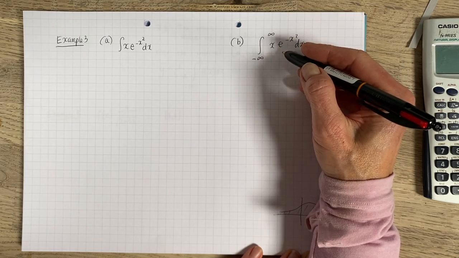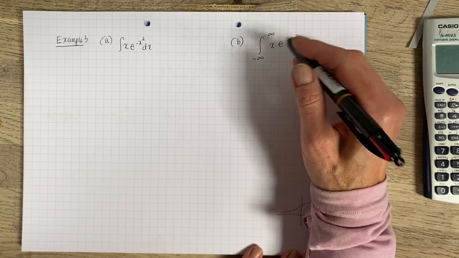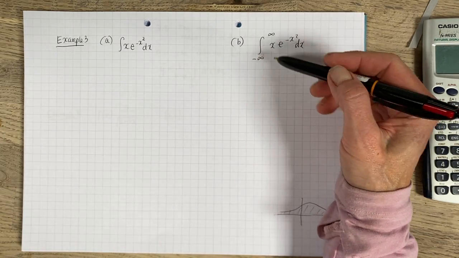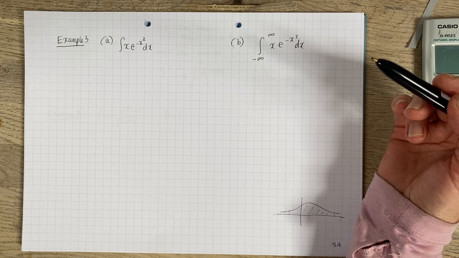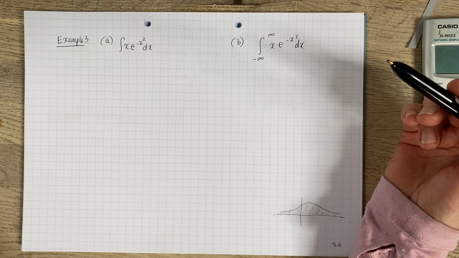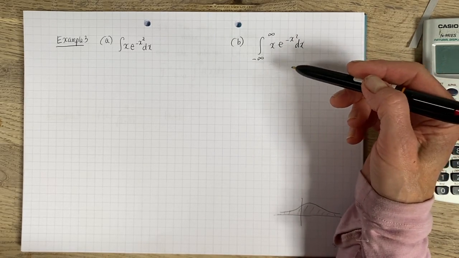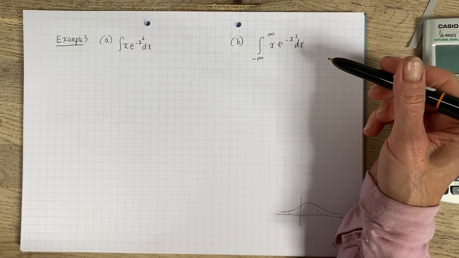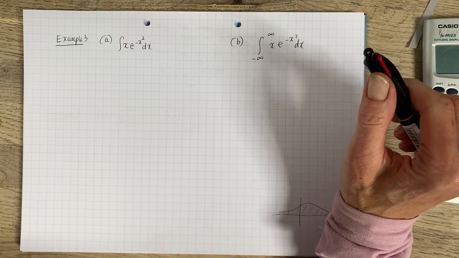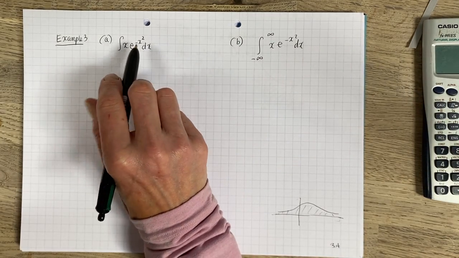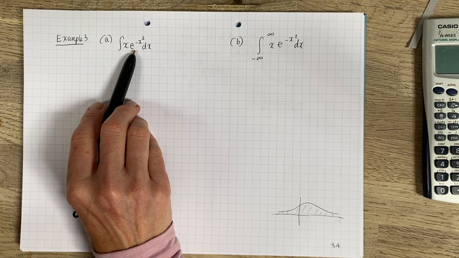So in this instance, what we're going to do is just choose a random number between minus infinity and infinity. I know probably it would be a good idea to choose 0, but if you want to be awkward, choose a different number. That's perfectly fine. And consider 2 separate intervals and then combine the answer. But out of those 2 separate intervals, if one of them is not convergent, then obviously that won't work at all. Okay, so first of all, let's just have a quick go at integrating this